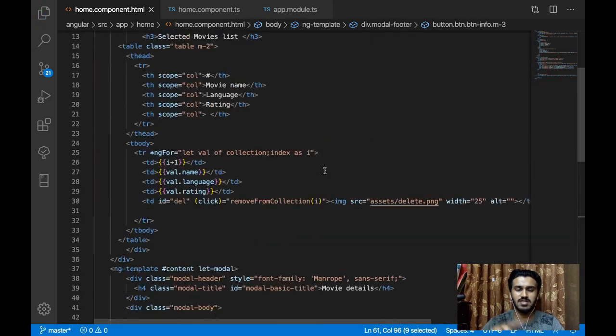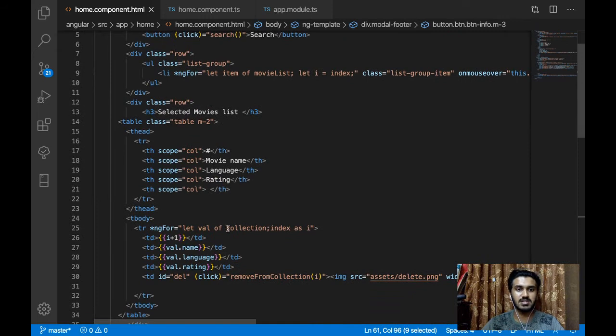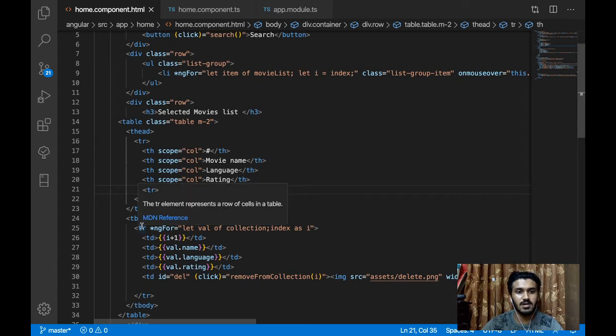It will always check the collection. Here we have the headings like hashtag, which is for the number of movies that you selected, and then movie name, language, and rating. This button is to delete your unwanted thing, that column. And inside the body there will be an iterative row